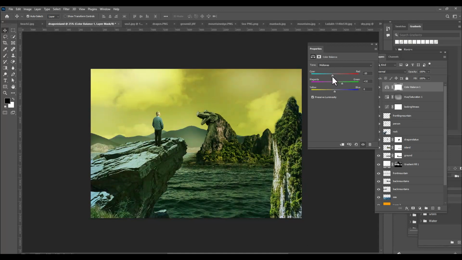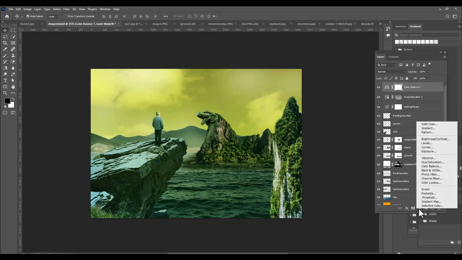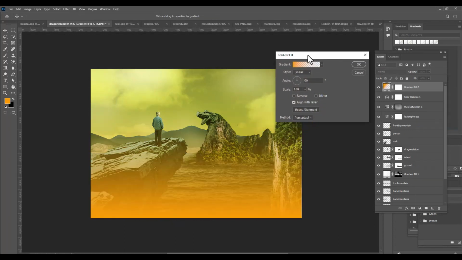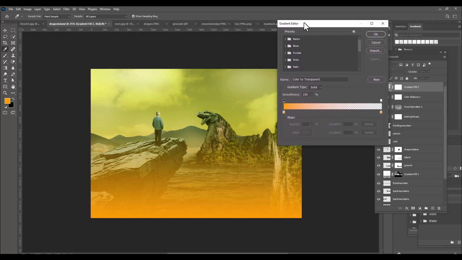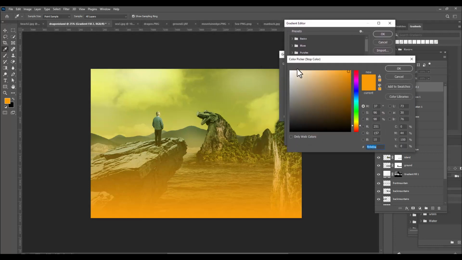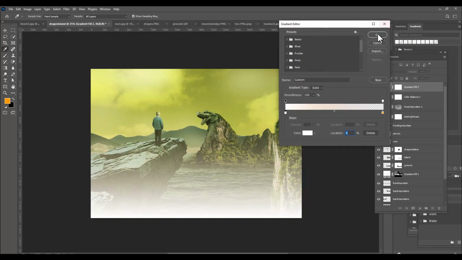We can also reduce the red value, and we can see the difference here. Right. Then the next step is we will apply one more gradient fill layer on top of all the layers, and we want some foggy effect at the bottom as well. So we will just open the gradient editor from the gradient fill adjustment layer, and we will just give it a white color, so we can see some foggy effect at the bottom. And we can then just click OK,